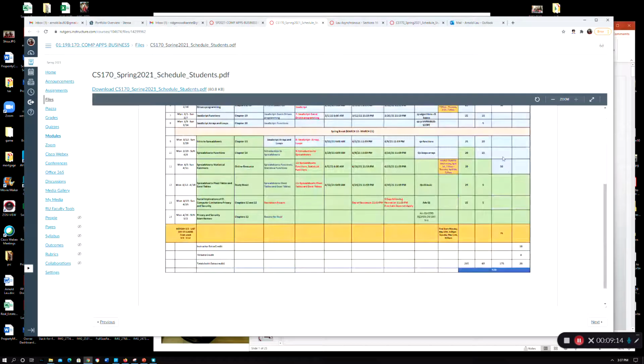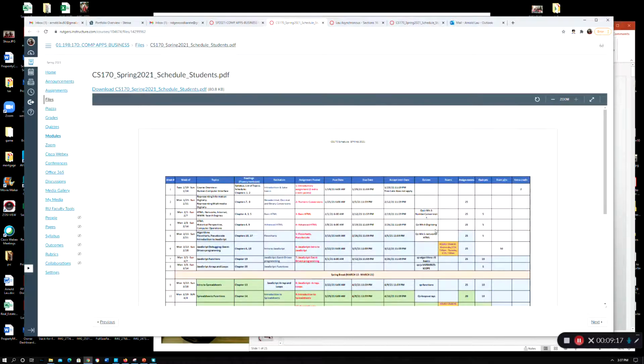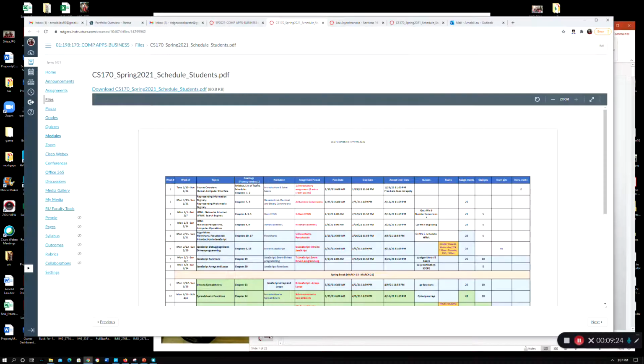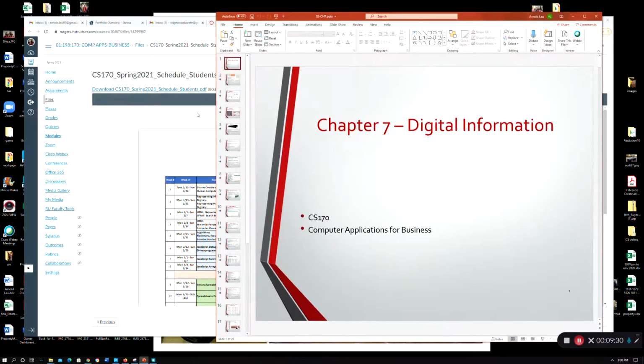And how they all fit into the points that you're going to accumulate for the grade for this class, okay? So let me go back to here and very quickly go through here. As you can see, we're doing chapter 7 and 8 this week, right? So here we are on chapter 7. I'm not going to go into that just right now in this video clip.